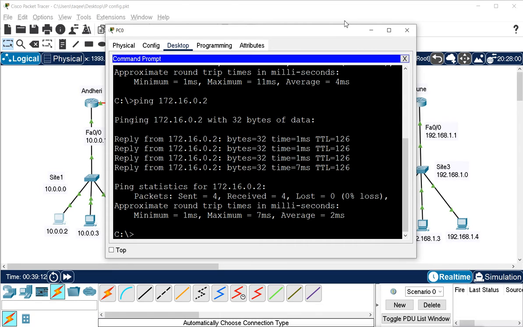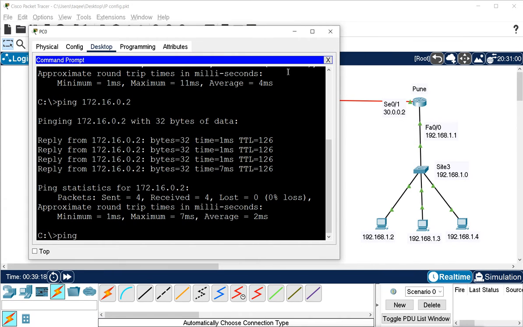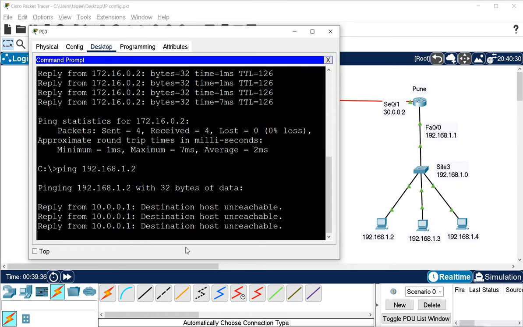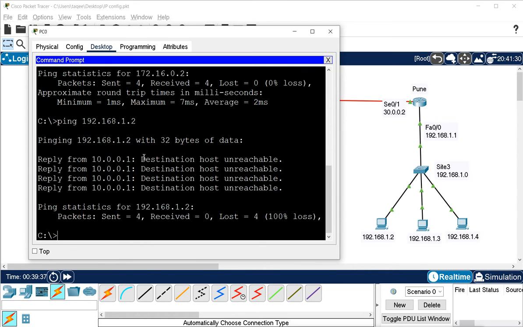Now I will try to ping one of the IPs of this interface. Remember, we have already configured this Pune router, so we should get the reply. I will try to ping 172.16.1.2. Now what I am getting here is destination host unreachable.